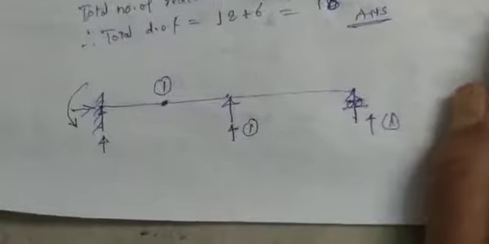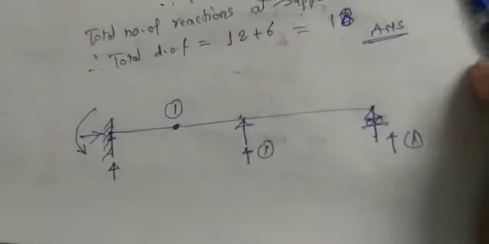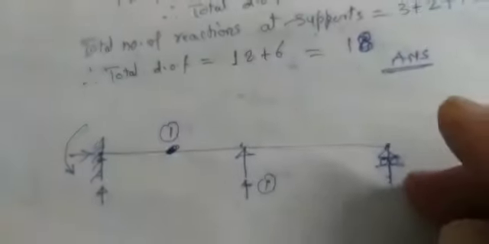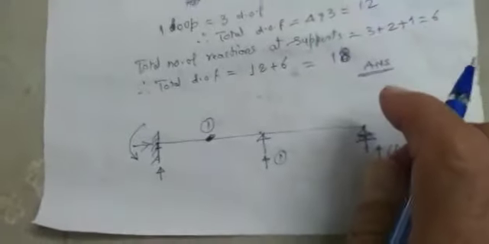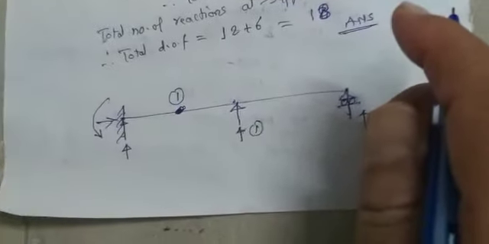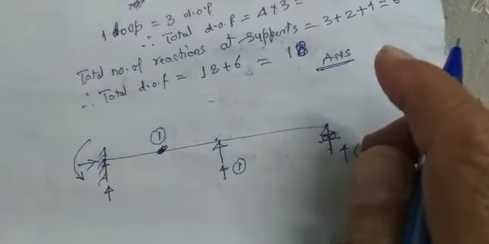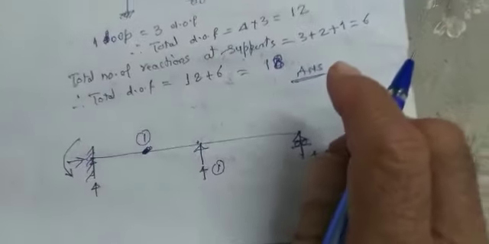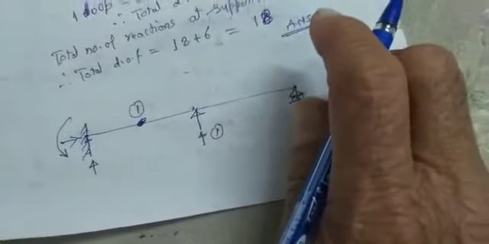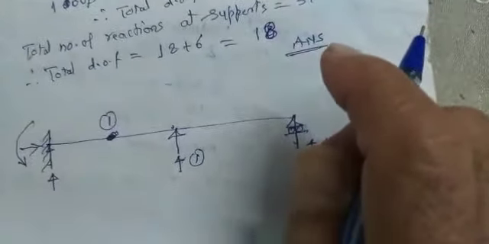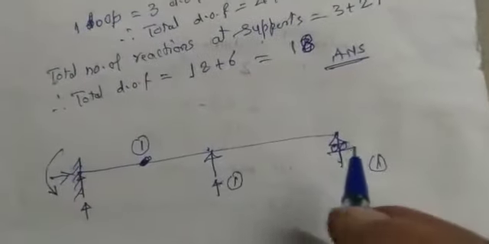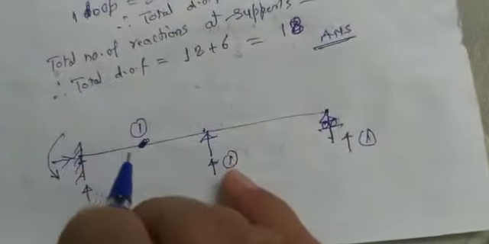One important thing that I was missing over here in the case of the beam was, suppose this is a hinge. Then how do we find the redundancy of such a beam which is hinged somewhere over here? The only important thing to be taken into consideration for the hinge is that we have an additional equation for the hinge, as the moment at the hinge is taken as 0. So in addition to the support reactions, add one more over here, and that will give the total number of redundancies.